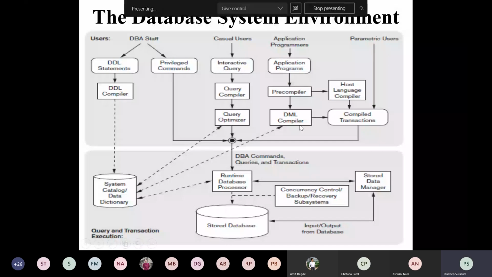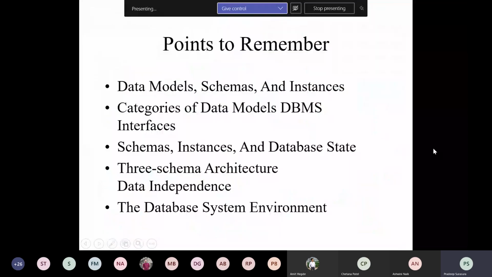Next, very important: the system environment, or the components of a database system. The whole database system is given in compact form in this diagram. It comprises the whole database system in one diagram.